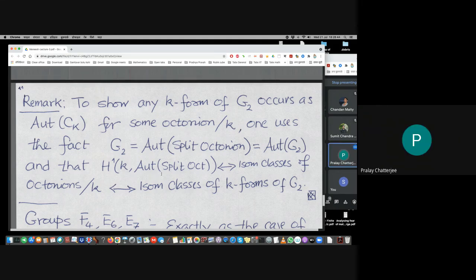Manish, what is the split octonion you are saying? What is the meaning of that? If the norm form is isotropic, then it is completely hyperbolic. That is called the split octonion algebra. I had given the Zorn matrices as one model, or you can double the matrix algebra to get the split octonions. But what about the ones that you have just given? What kind of octonion algebra is this?